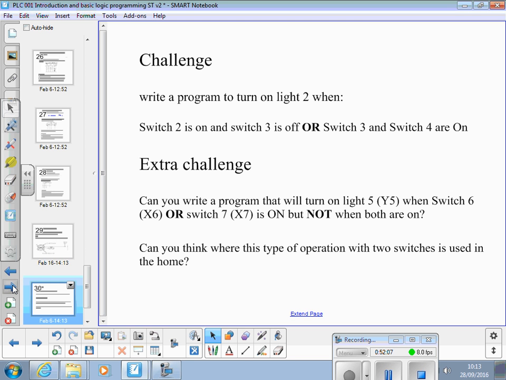And then the last bit is a challenge that I'm going to leave you to try if you haven't already. And that is write a program, turn on light 2 when switch 2 is on and switch 3 is off, or switch 3 is on and switch 4 is off, I think I should say. Yeah. When switch 2 is on and switch 3 is off, or when switch 3